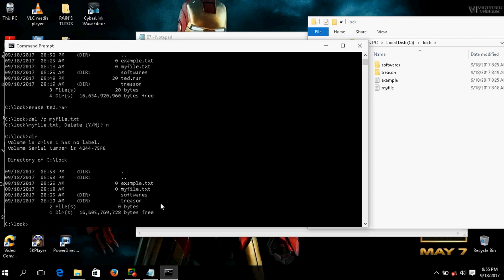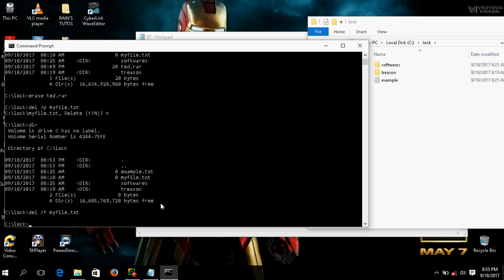So let's say del /f and then my file.txt. You press enter, boom, it's gone. Even if it's read only, still it's going to vanish. It's gone for good. I will run through the rest of the options. You can try them. The same syntax as the previous ones that we've used. So you bring del, the options must come first,